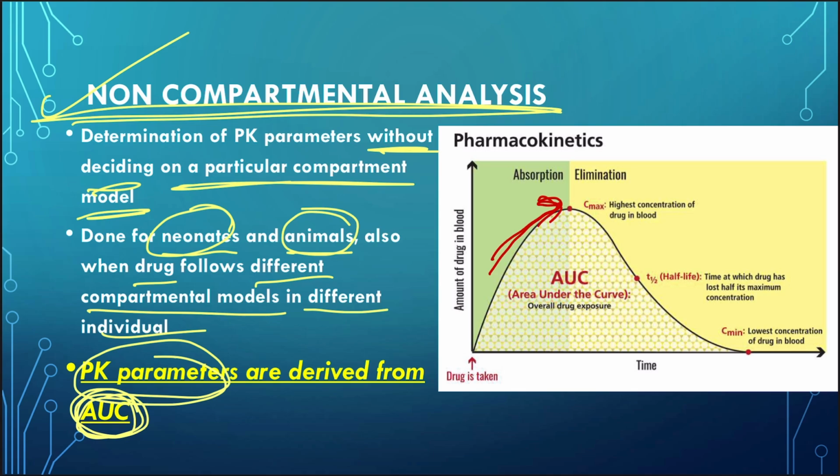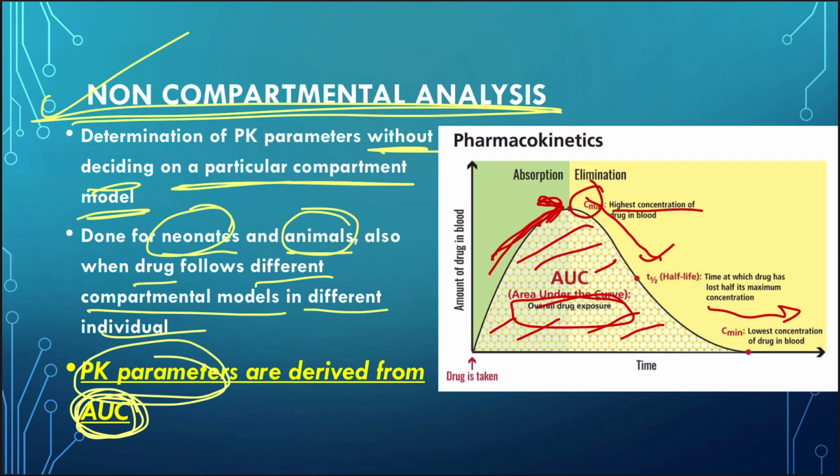When the absorption occurs, you can see the slope going upward, then elimination occurs, and then finally it reaches the lowest concentration. So in this graph we need to know the area under the curve. This area under the curve is responsible for making us understand the overall drug exposure which has occurred. And then we can also find several other parameters like Cmax, that is the highest concentration of the drug in